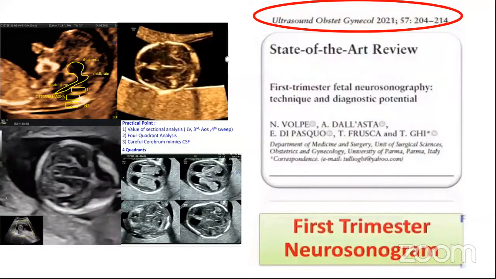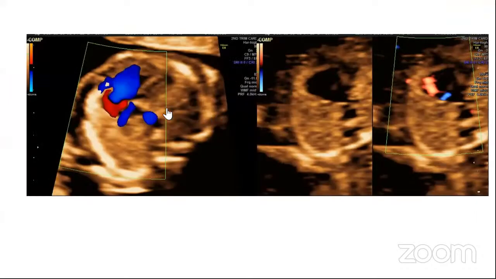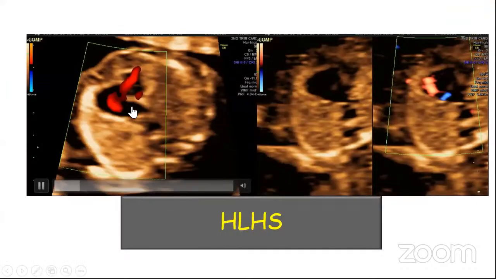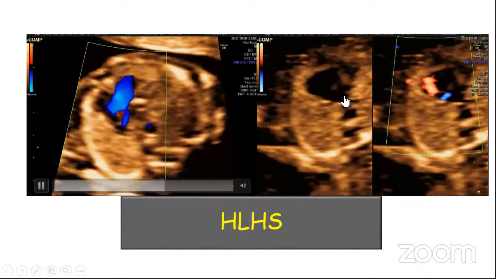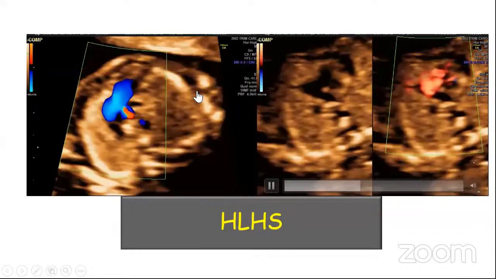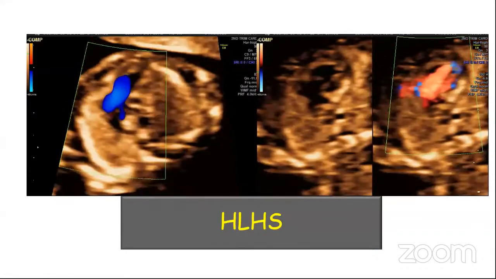And this is an example of the inverted pyramid of antenatal care. I'll just show you a few interesting cases. Here we can see the filling is good in the right side of the heart. However, there's no filling on the left side. So this was a case of hypoplastic left heart. And since we normally see those 2 jets in the 4 chambers, we can easily diagnose these cases in the